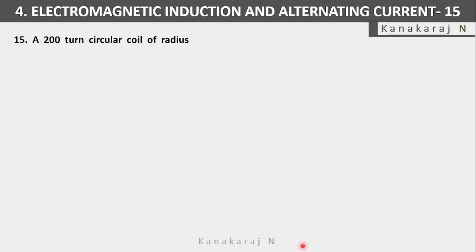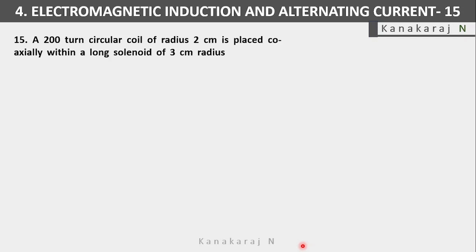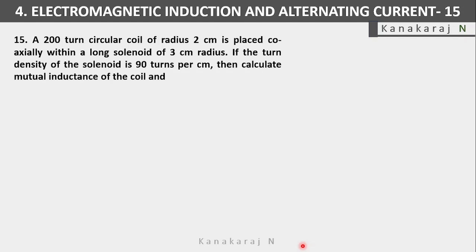A 200 turn circular coil of radius 2 cm is placed coaxially within a long solenoid of 3 cm radius. If the turn density of the solenoid is 90 turns per centimeter, then calculate the mutual inductance of the coil and the solenoid. Here you have the circular coil with the number of turns 200